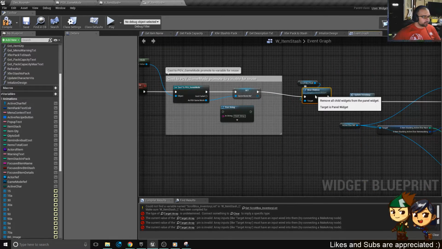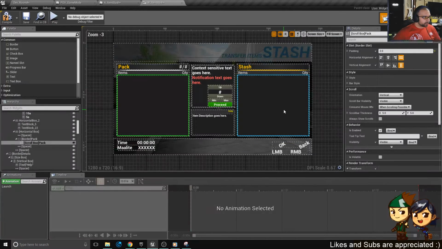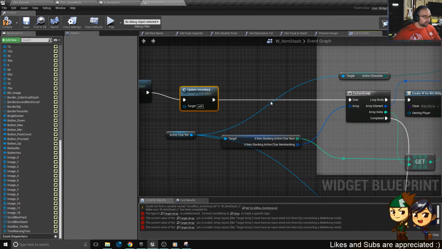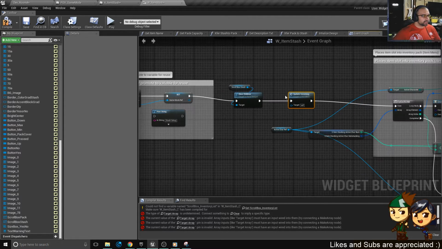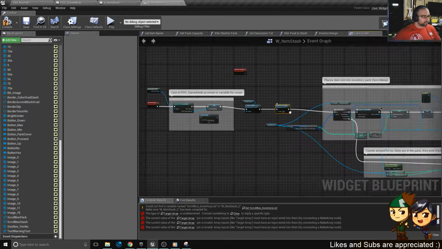So the first thing we got to do in this conversion is, well, we want to clear the right scroll box, which would be our item stash. Scroll box stash. Perfect. Let's grab this guy here. Replace that. Beautiful. Update inventory on our main character. Not necessary. We're going to need a function like this for our stash, though. This is what I was talking about earlier. I guess those should be commented, but...